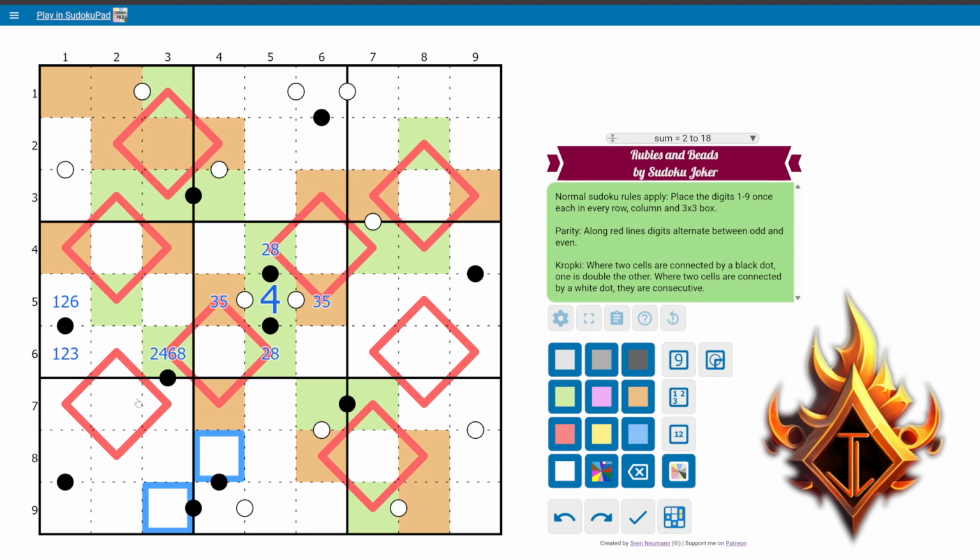And then that would be odd. Those would be the same digit. So it would have to be, or no,